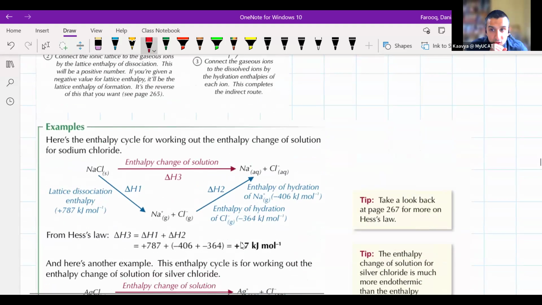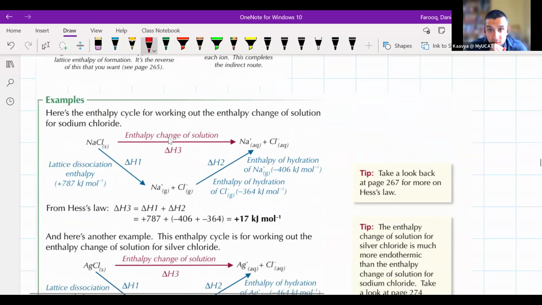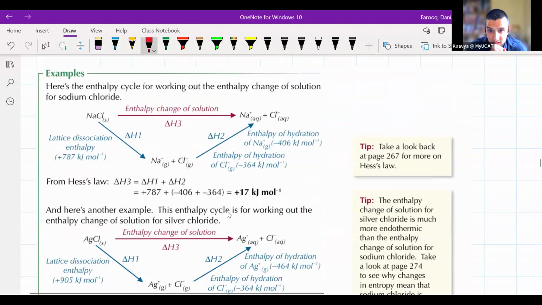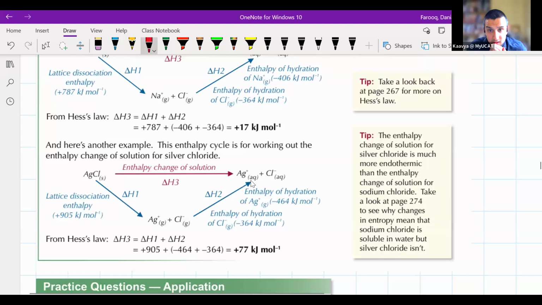17. So this is the enthalpy change of solution. And delta H3 is going to equal delta H1 plus delta H2, okay? And then you just add those values. But importantly, you take the values as they are. So if they're negative, then you just add those negative values. Don't think adding it means you convert the sign. It still stays negative, okay? But that's maths. And that's the same for another example: delta H3 is just equal to delta H1 plus delta H2, yeah? And those values will be